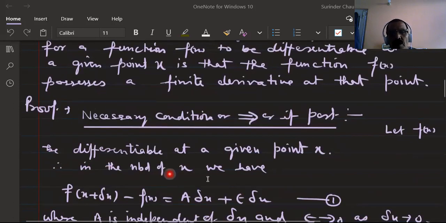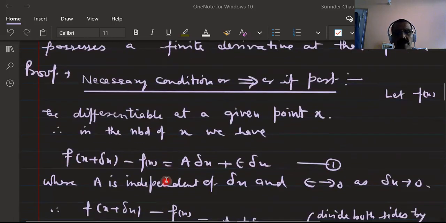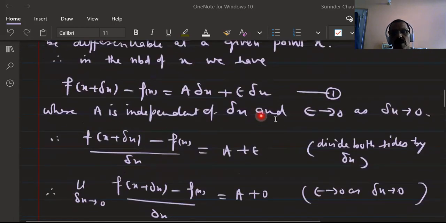Then in the neighborhood of the point x, we can write, by the definition of differentiability, that this expression holds: f of x plus delta x minus f(x) is equal to A into delta x plus epsilon into delta x, where A is independent of delta x and epsilon tends to 0 as delta x tends to 0. Now, dividing both sides of the first equation by delta x, we get f(x plus delta x) minus f(x) upon delta x is equal to A plus epsilon. Now, taking the limit as delta x tends to 0 on both sides,